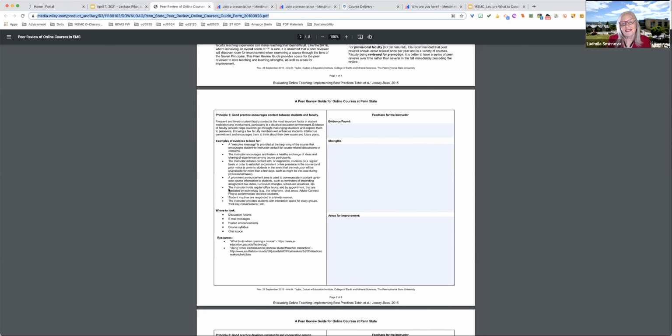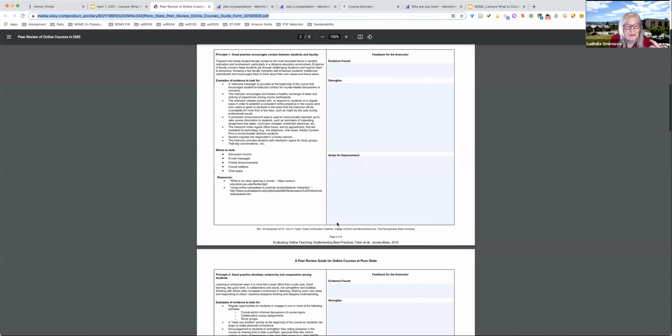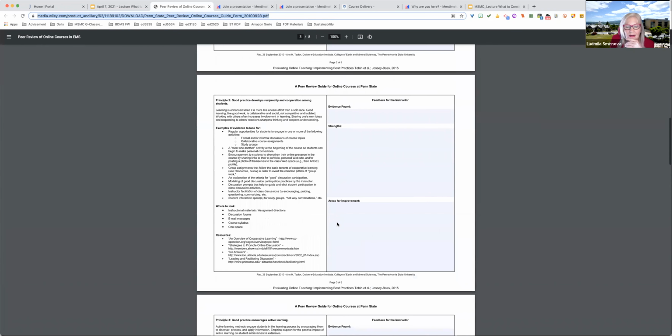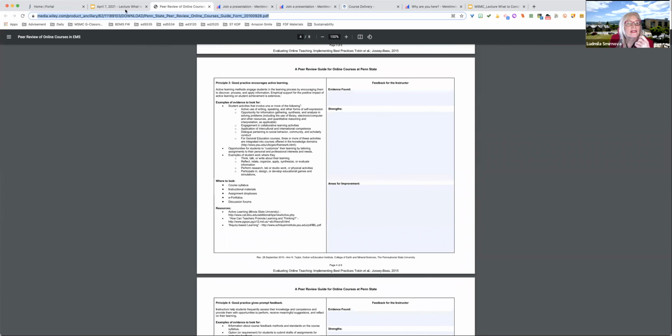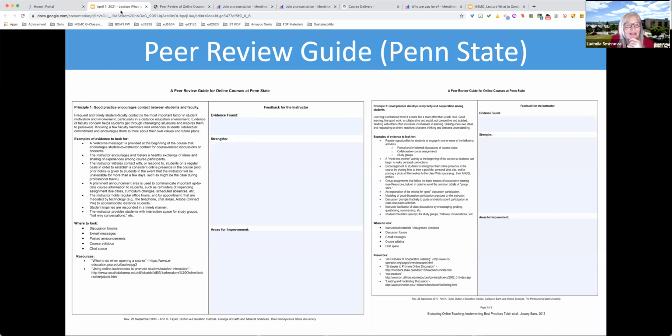They can look at this and then design, and the evaluator would write their review, their feedback, showing the evidence that they found, and then strengths and areas for improvement. That's how this rubric is built for every principle out of the 7 principles. I think this is one of the most effective and most adaptable formats, I would say.